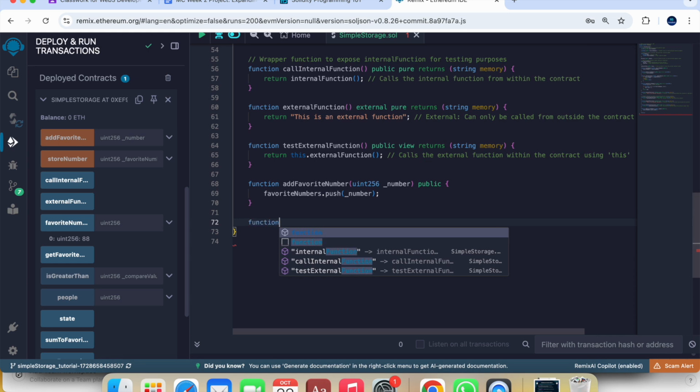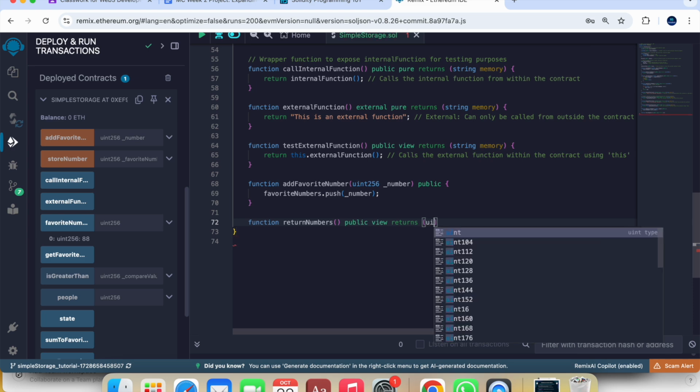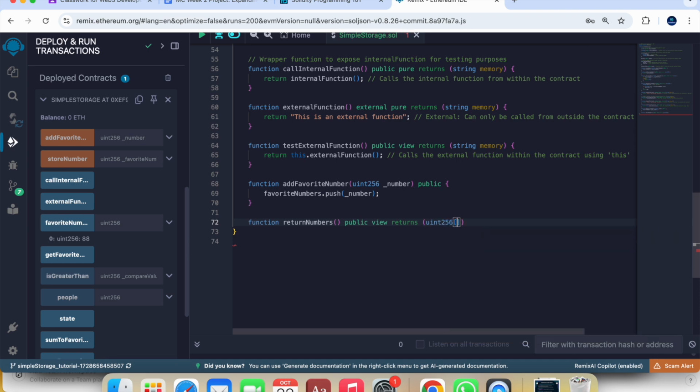Say function, I'll call it return numbers, and then it should be a public view returns. Okay, so this will return a uint256 array, but I need to introduce memory because here I'll be dealing with